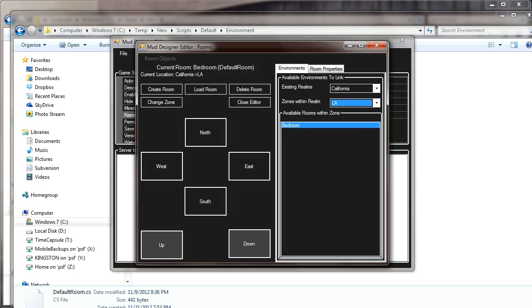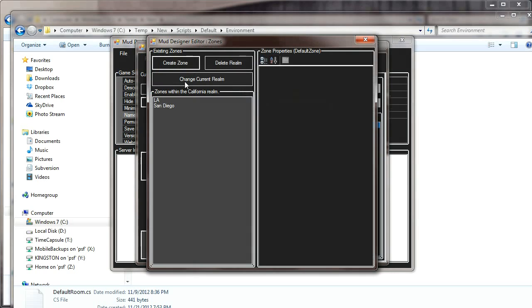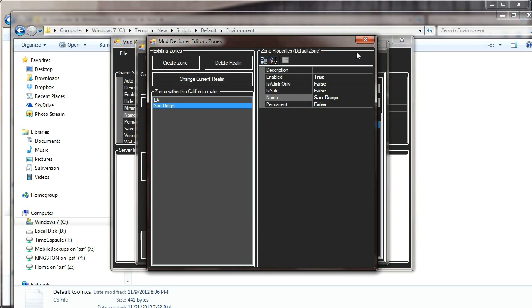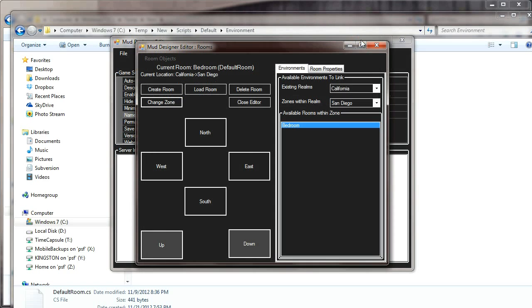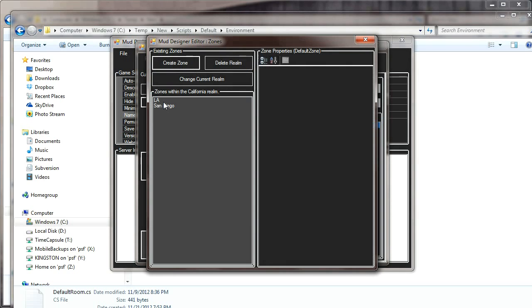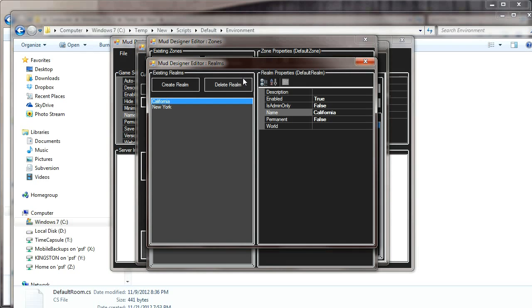So this is the same way that the zones change realm button should work right here. As of this time it doesn't work that way, but be prepared that change is coming. So we'll select San Diego again, and we will close it. Now the cool thing is that when this feature is changed and you can change this zone's current realm, you can completely change the entire layout of your world quickly. So I close this and I have California, San Diego, bedroom. When we finally get this change fixed, and it's going to come, I could select change current realm and move this room completely to a different